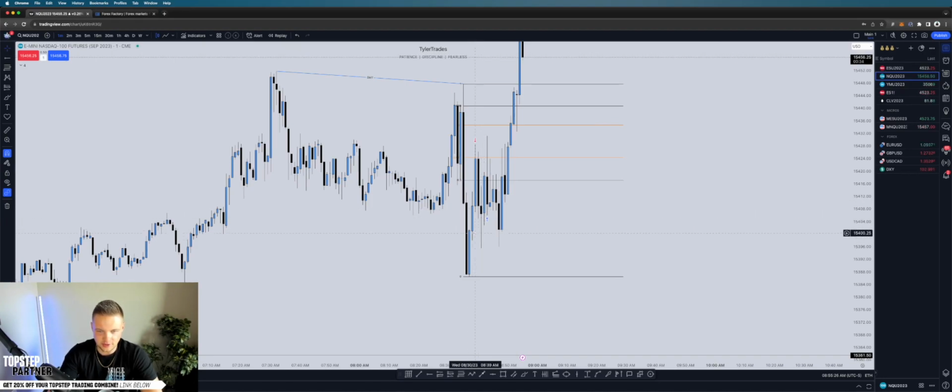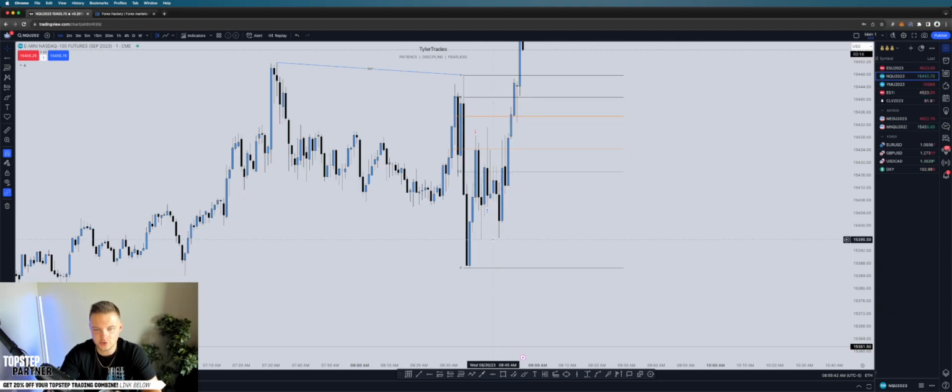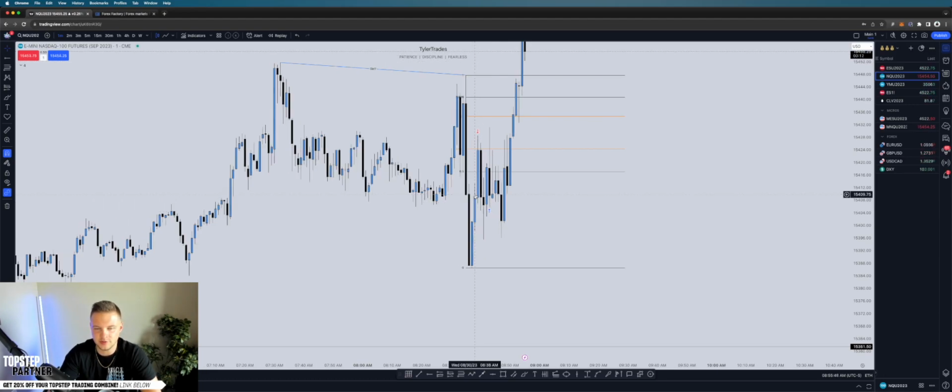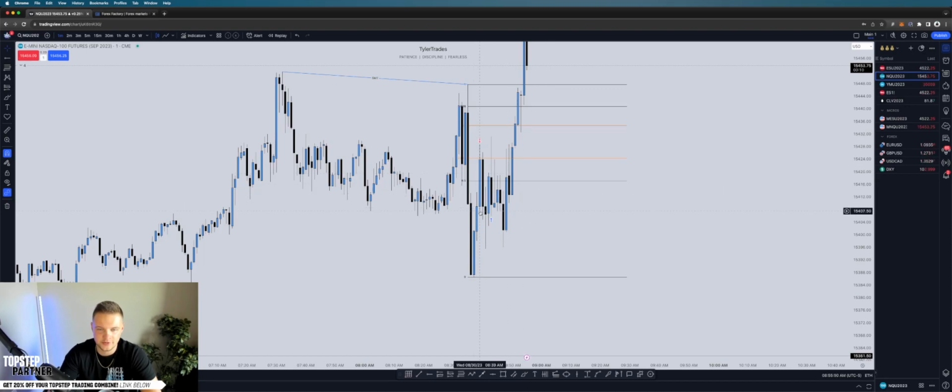But anyway, I just wanted to remove risk simply because price sold off very quickly. We were displacing through this fair value gap, and in my mind, I'm like, okay, if we're going to disrespect this fair value gap, I'm going to want to see this hold as resistance then, or an inversion gap. So one of two scenarios: one, either it's going to do that and just sell off and I don't have to worry about it. Two, if it does come back, wick up, and then respect this gap, I probably don't want to be in the trade anymore anyway, because there's a decent probability that it's just going to continue higher. So that was my thought process behind when I went stop to break even.